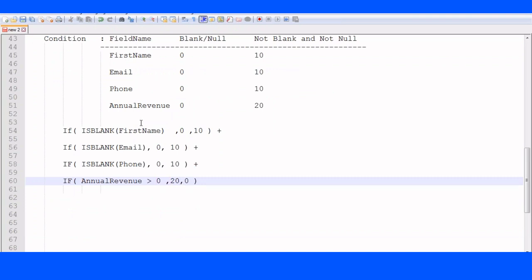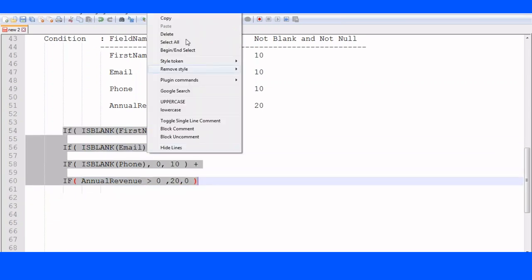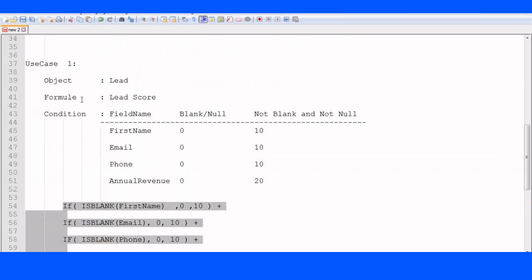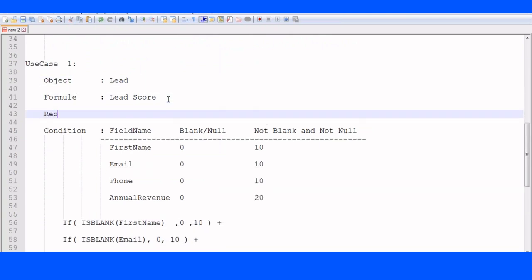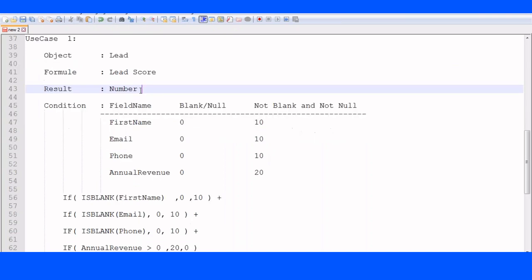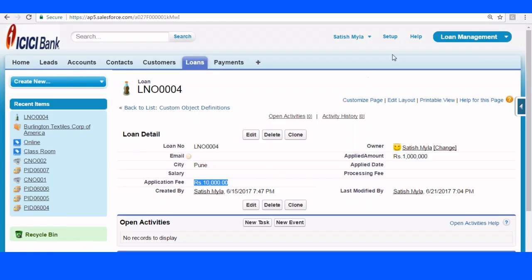So I have created a formula to calculate the overall score. So how do you write this formula? On which object am I writing? The object is lead. The formula is lead score. What type of result are we going to get? It is going to be a numerical value, so we have to give a number. So on the lead object, create a field called lead score with a return type of number with the following criteria. So go back, setup,